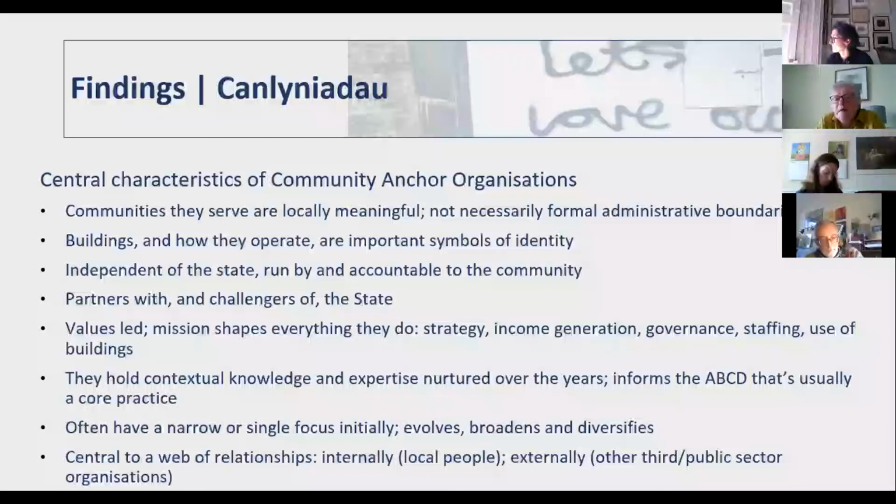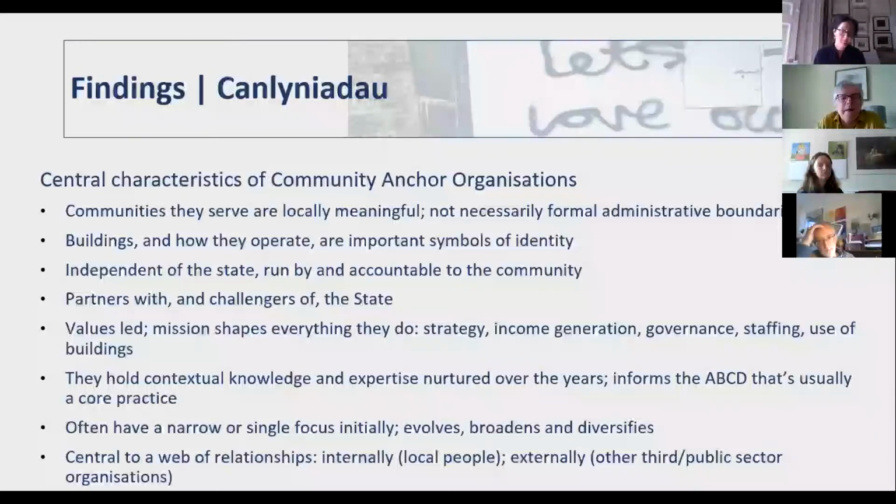They often have a narrow or single focus initially, maybe community education. So, for example, South Riverside Community Development Corporation had a very early focus on things to do with rent control and access to housing in inner city areas, that kind of early 70s urban renewal. They had some squatter movements that related to it. And now, of course, if anyone knows SRCDC, they're involved in a massive range of services and projects, from advice, community cohesion, local events, and so on. Those origin stories do tend to get a little bit lost. They don't tend to get articulated. And I think that's something that we, through the course of this work, are throwing back to anchors, that maybe they could harness and mobilize those origin stories for a little bit greater effect.